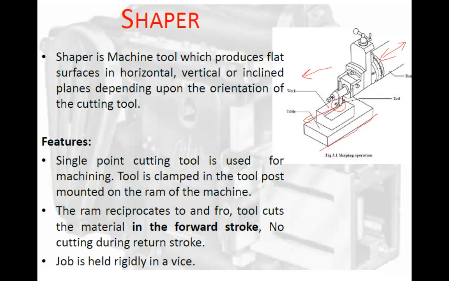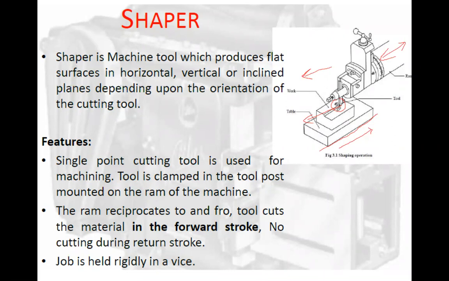Once the machining is done and this layer of material is removed, the ram has to go back. The direction in which it moves back is called the return stroke, or idle stroke. So the forward stroke is always the working stroke, and the return stroke is the idle stroke. This is peculiar compared to previous machining processes, in the lathe or drilling machine, where machining is a continuous process. Once the spindle rotates, whether in a drilling machine or lathe machine, it is continuously machining.